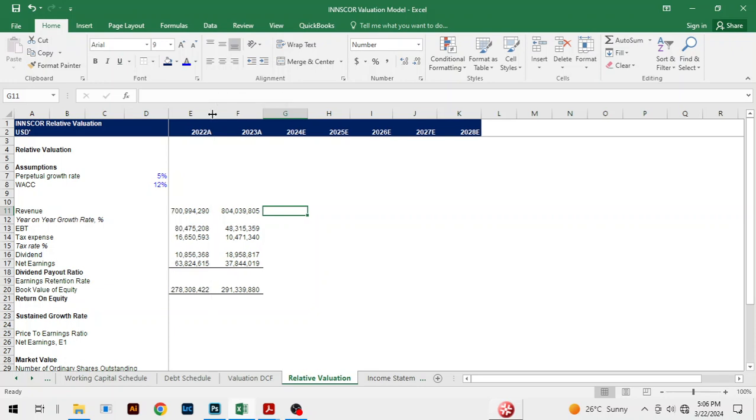I will be taking you through what we are going to do to compute the intrinsic value using the PE ratio. So here we take that, we subtract 1. So we are seeing that in 2023 revenue grew by